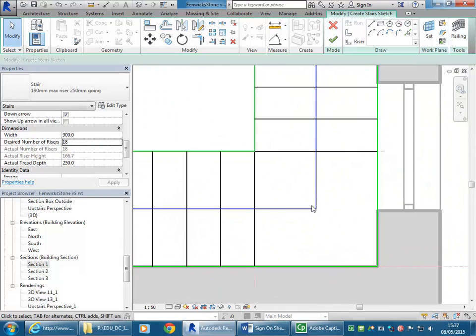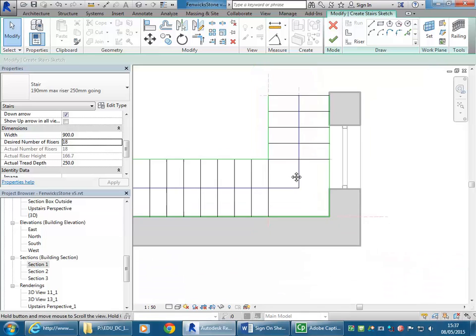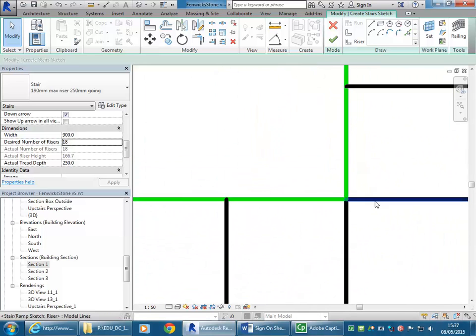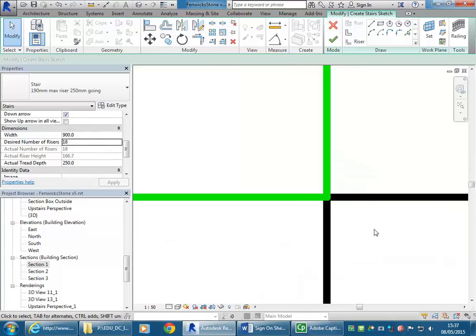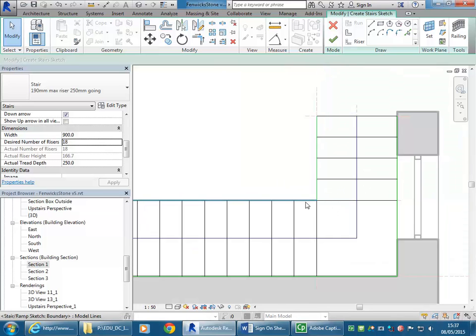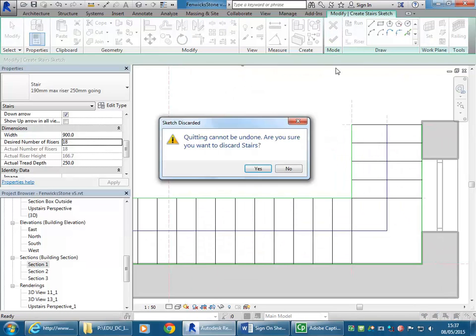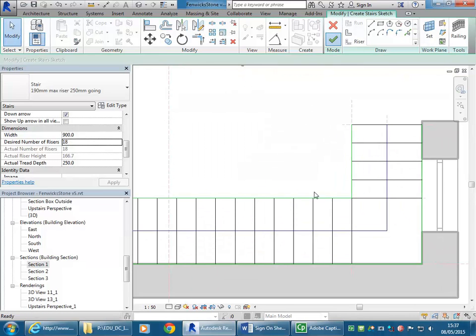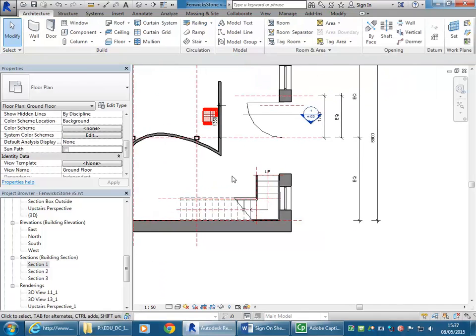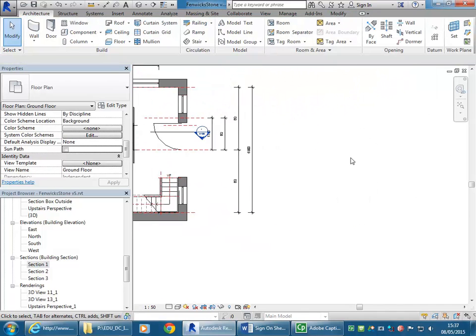Yeah, so sometimes it will do that. It's snapped, I think, to this instead. And so then you're going to get a join at a corner, which will actually cause problems with the railing, but it's still not a bad way to build a stair. But I thought I'd just show you as well with another example. If I go and use stair by sketch again,